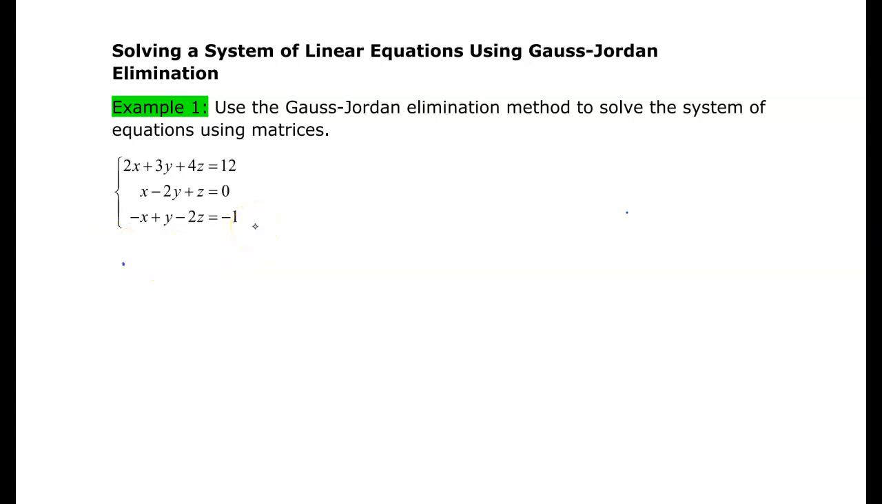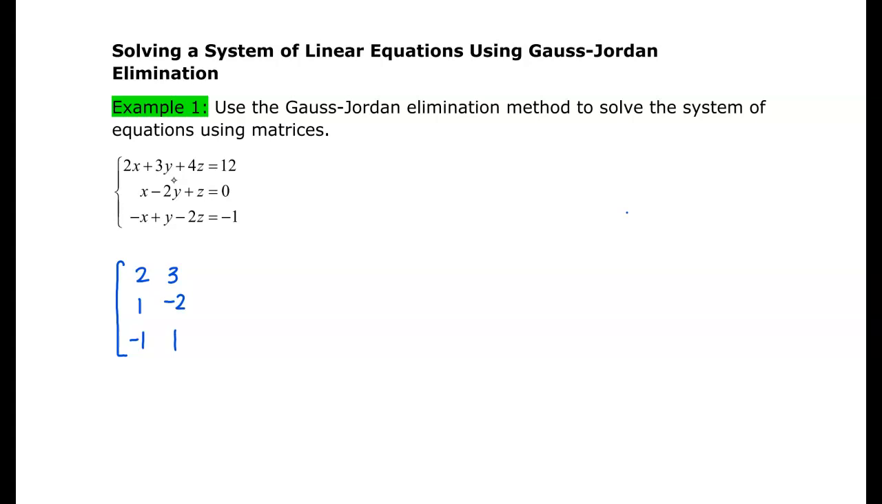And to write that, we will collect all the coefficients of x, and that would constitute the first column. So for the first one, we have 2, and then 1, then -1. Now for the second column, we will collect all the coefficients of the y variable. So we have 3,